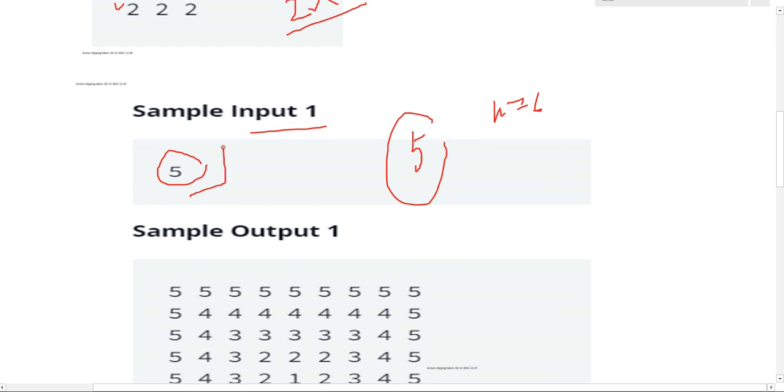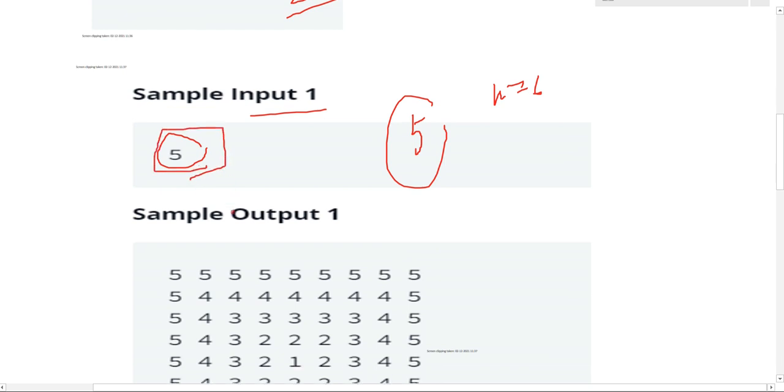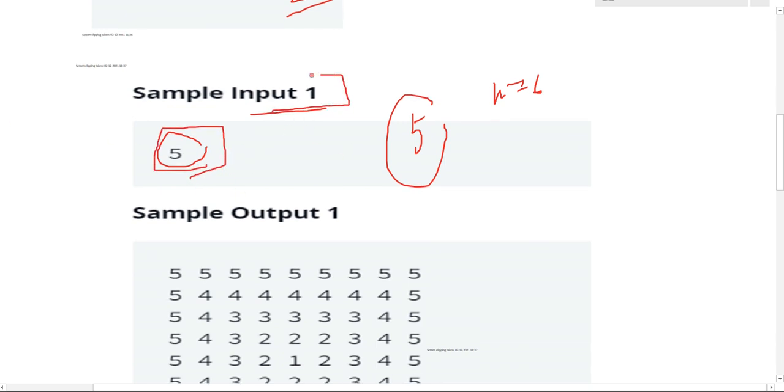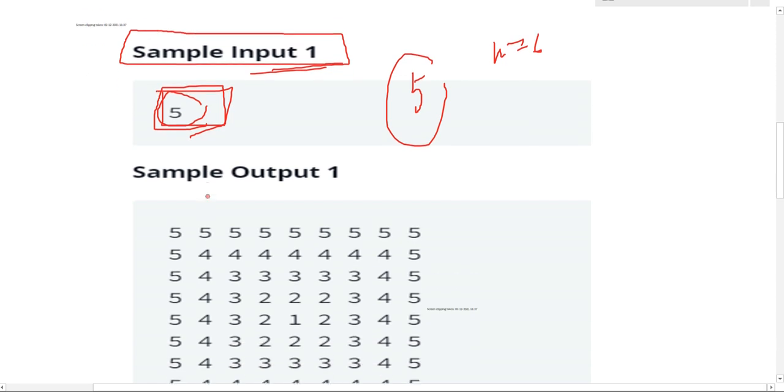Now, sample input. Suppose the sample input is 5. So for 5, what will we be getting? 2 into n minus 1. Just put the formula, because we are deriving the size of this pattern.